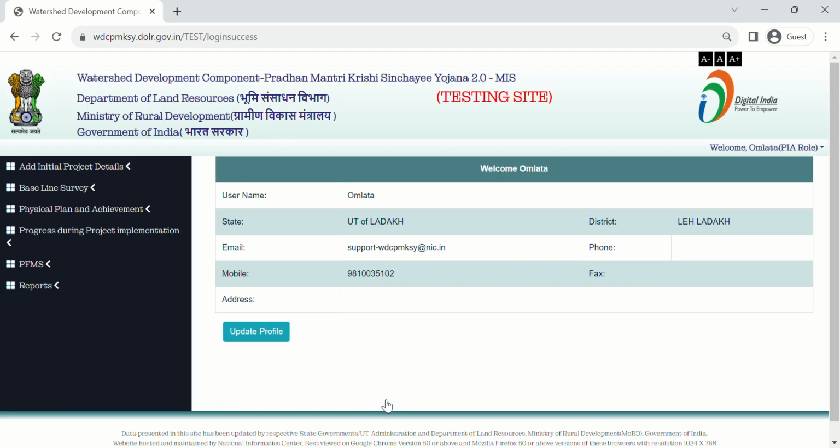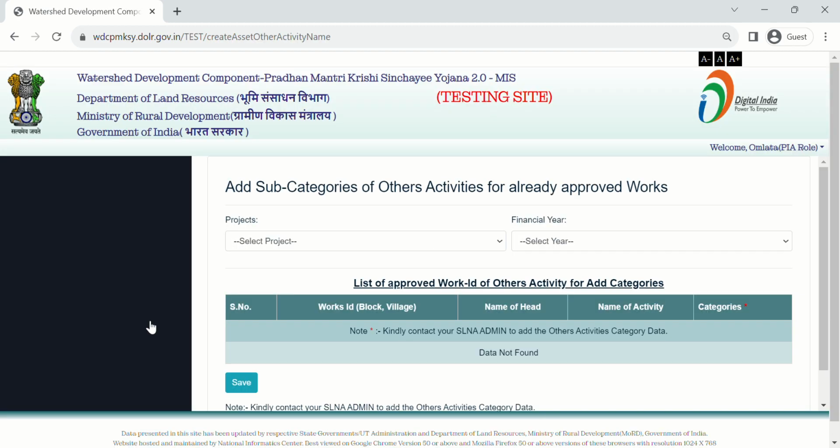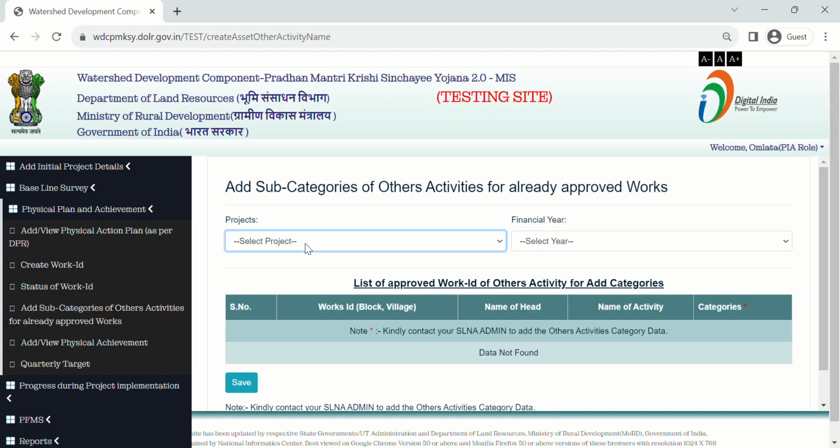Now you have logged in successfully. Click on the Add subcategories of others activities for already approved works under the Physical Plan and Achievement menu. Select your project name. Select the financial year.